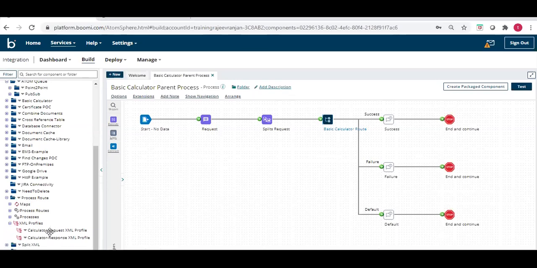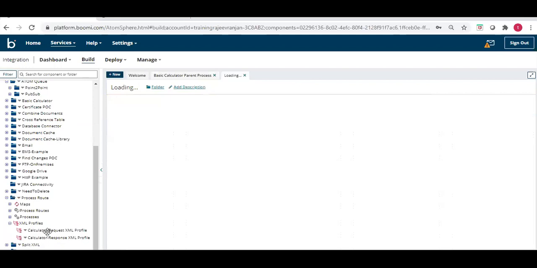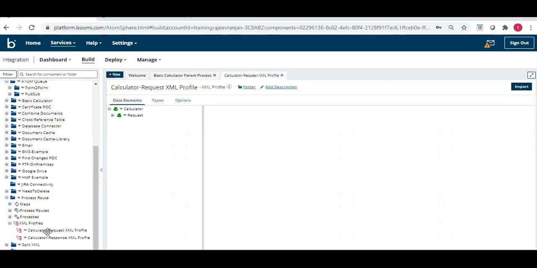This is our request profile. To understand these things, we have taken one of the XML profiles called the calculator request.